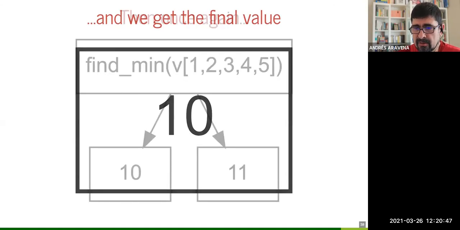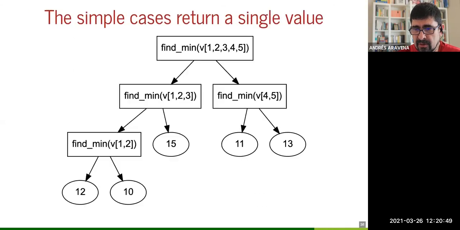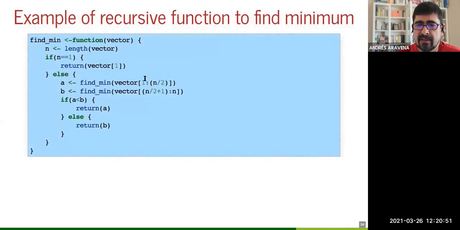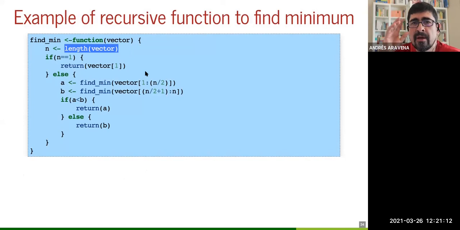Let's go back to the code for 1 second. So we see it again. We say here, this is an internal helper value n, just to make it shorter, to not write this long text. I gave a name to the length of the vector just to make life easier. Otherwise, I would have to write this text. It would be harder to read. So n is the length of the vector.